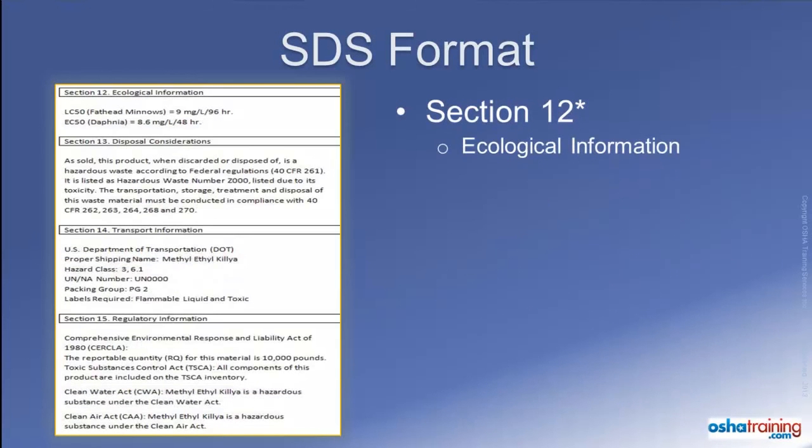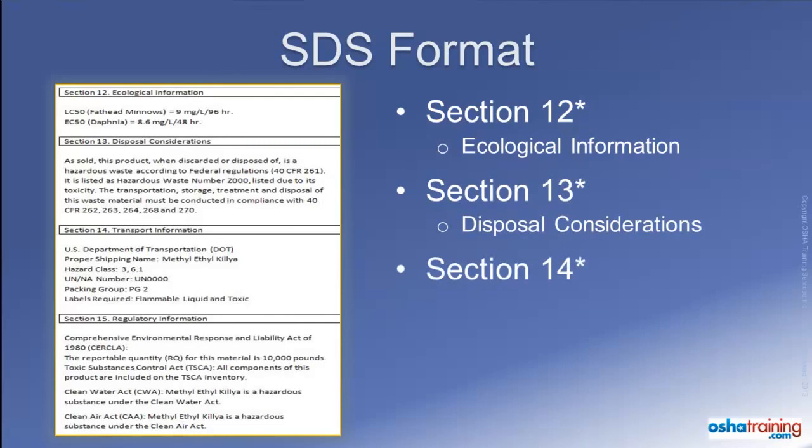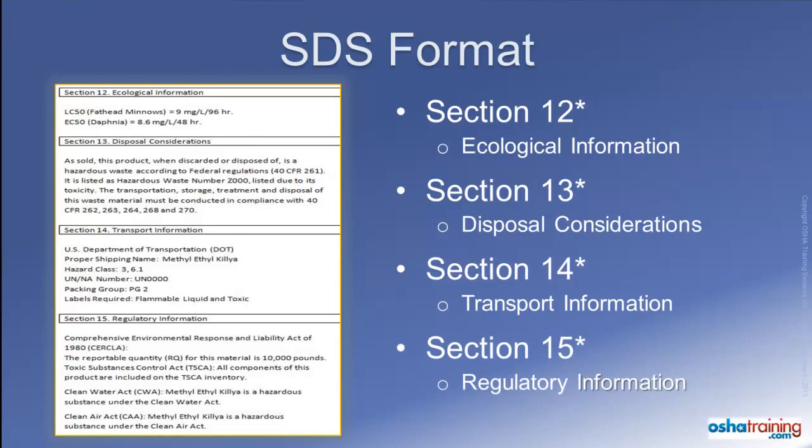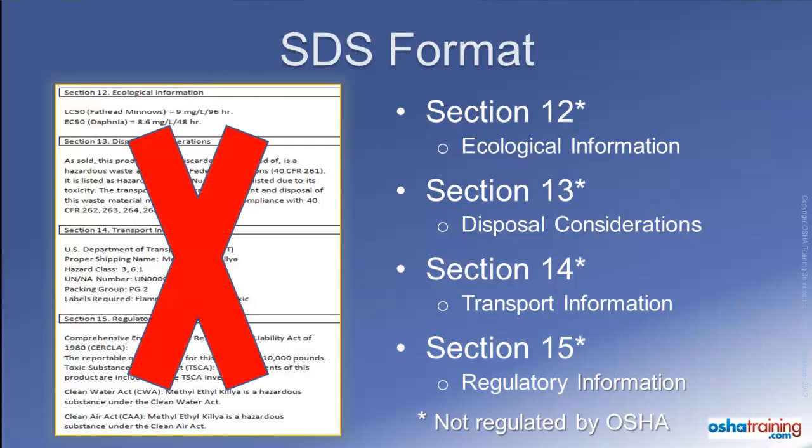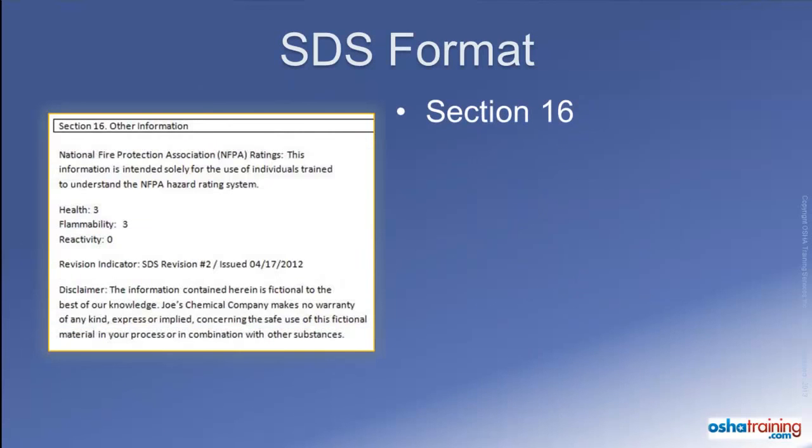Section 12, Ecological Information. Section 13, Disposal Considerations. Section 14, Transportation Information, and Section 15, Regulatory Information, all deal with requirements regulated by other entities such as the Environmental Protection Agency or the Department of Transportation. Therefore, these sections are not regulated by OSHA, but appear in the Safety Data Sheet to be consistent with the GHS format. And finally, Section 16 of Safety Data Sheets, titled Other Information, lists details such as the date the